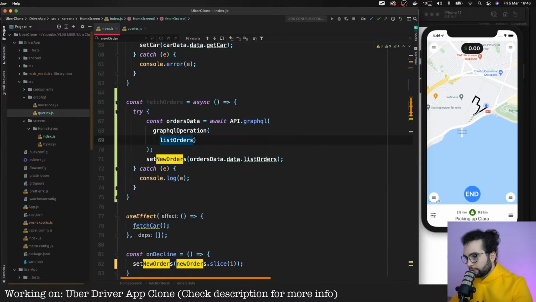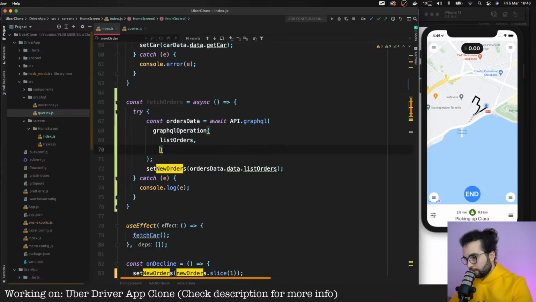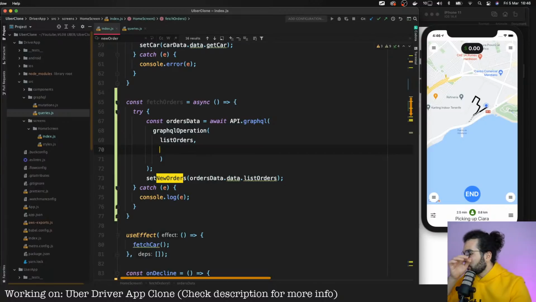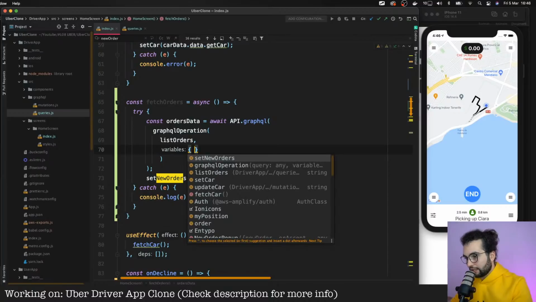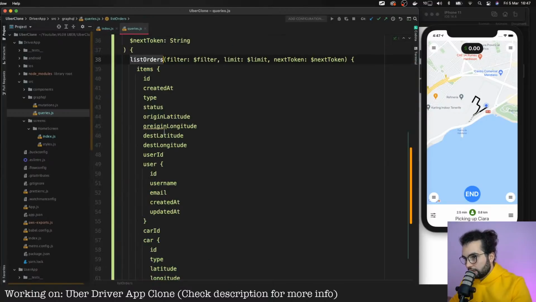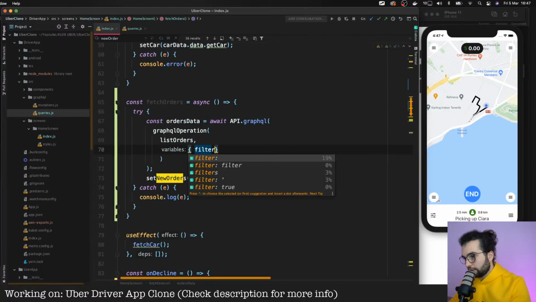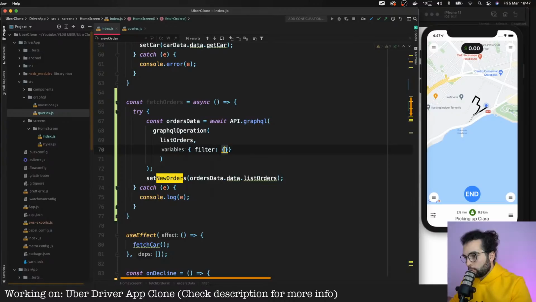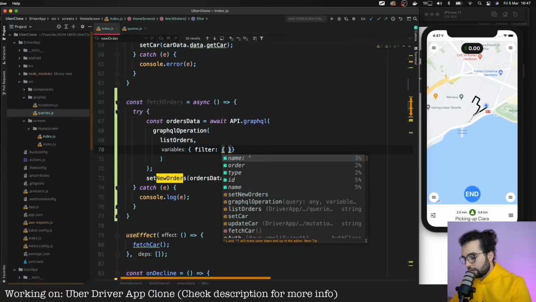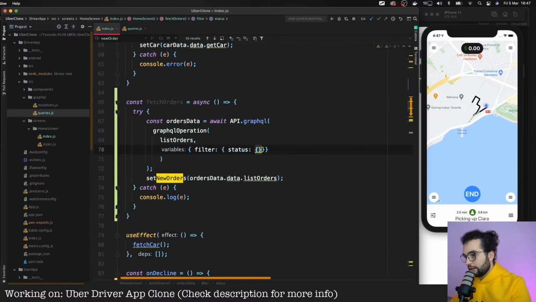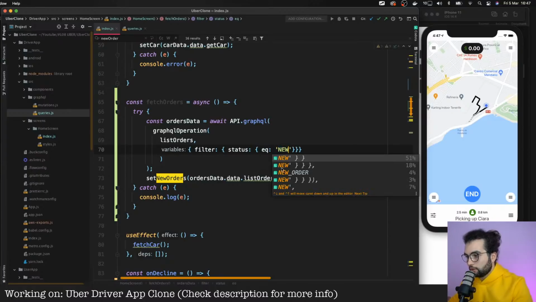Okay, I think that we're not gonna implement filters in this video. It's gonna take a bit of time to test and to show you that it works, but the way you will do them, you will add here in the variables, you see here there is a filter variable, and you're gonna add filter, which is an object, which is gonna be status, again an object, and here equal to new.